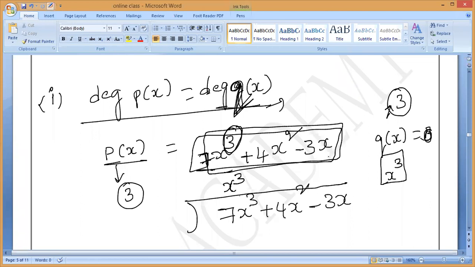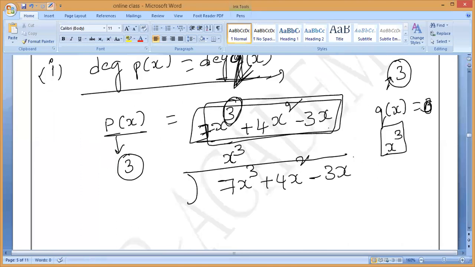Do you understand? Something we have to make a polynomial such that finally the degree of P of x equals degree of Q of x. That's all. So you can make any example of your own. But finally the Q of x degree should also come 3, and P degree also 3. So now we should find the divisor. What is our divisor? It can start with x.